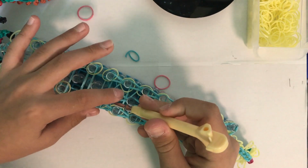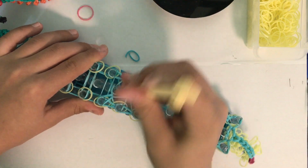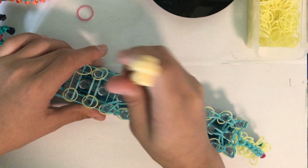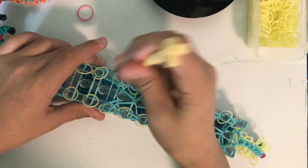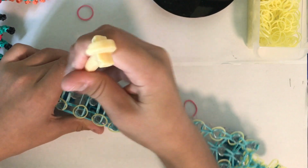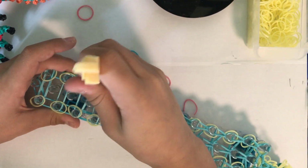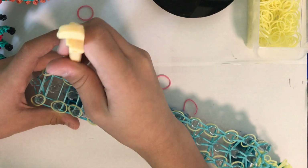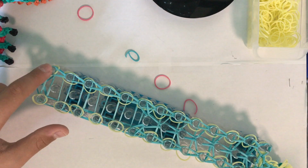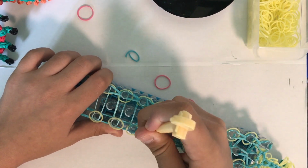Okay, and now we're gonna loom from the middle set. We're looming the top 2 diagonals there, and then these diagonals there. Now we can loom all the way down on both sides. And remember to avoid the stripes and yellow loose bands. Just go, don't loom them. Okay, and I'm stopping right there, and then on this side,